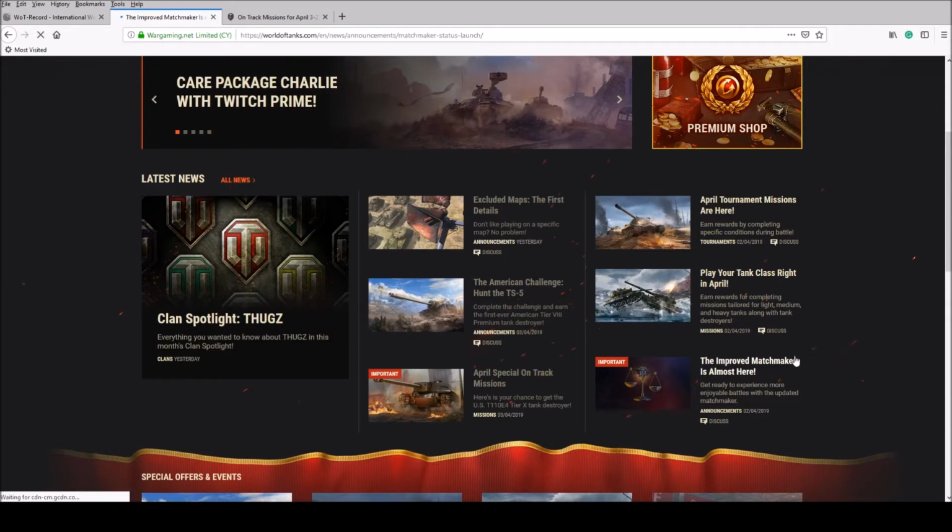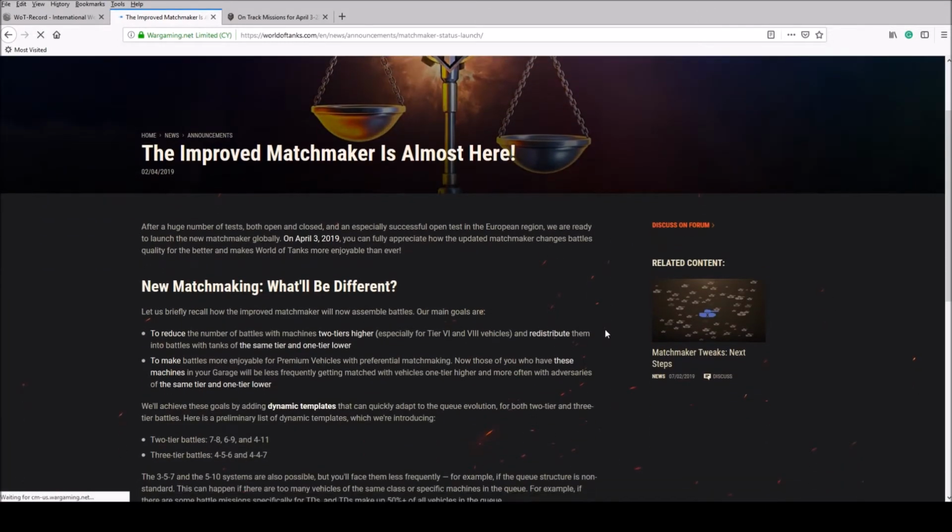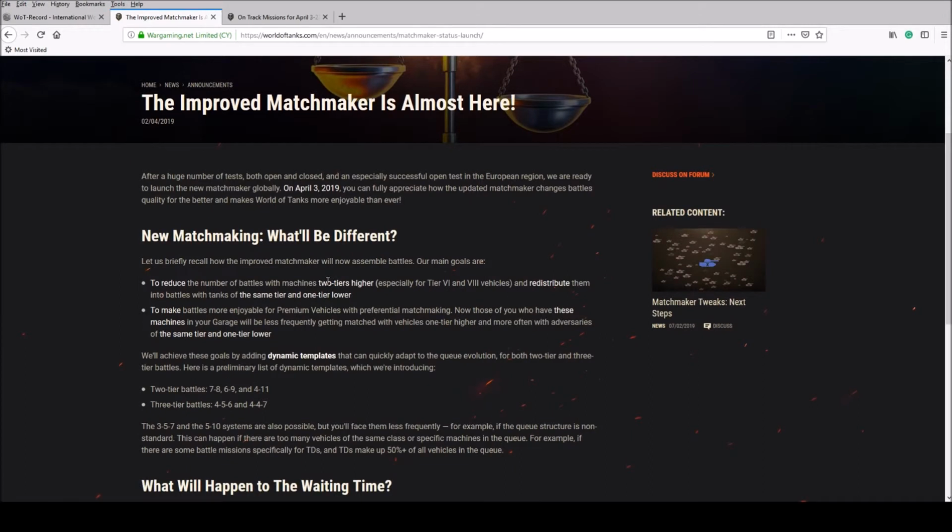They're also talking about the improved matchmaker here, distributing battles with the same tier or one tier lower. This has been something we've been talking about since the 357 matchmaking came out. It's the worst. They are adding more dynamic templates. We're having 2-tier battles, so you'll get a 7, 8, or what? I'm not quite